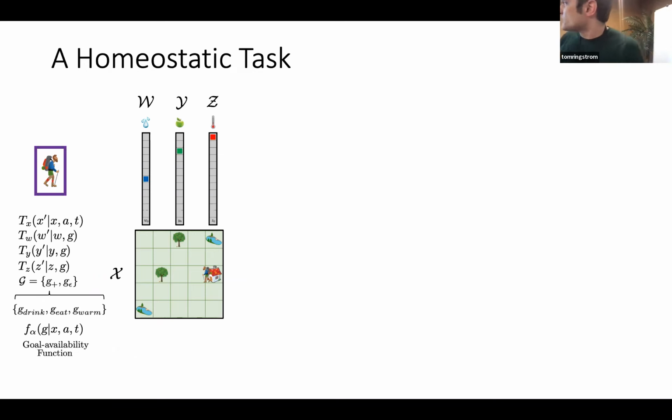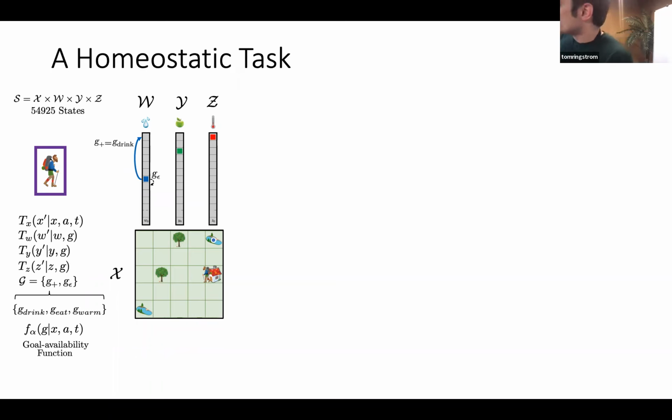So there's going to be a goal availability function, which is going to emit these actions from low-level state actions in this space. So whenever you're not at some feature like drinking water, you're going to emit a null action. And if you drink in this framework, it's just going to take you to the top. It doesn't have to take you to the top. It could take you up 3, but here we'll just say you become fully hydrated. And if you emit a null action, it's just going to descend you down this state space like this.